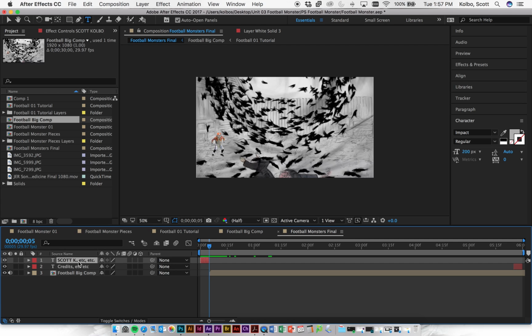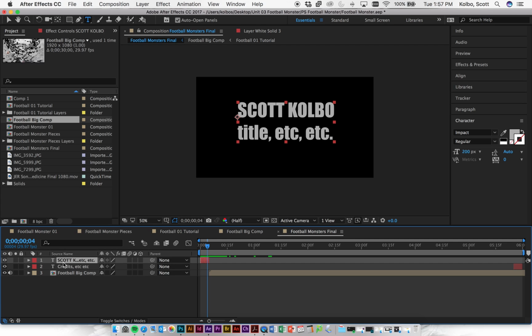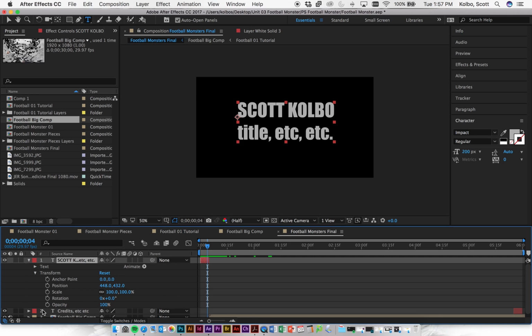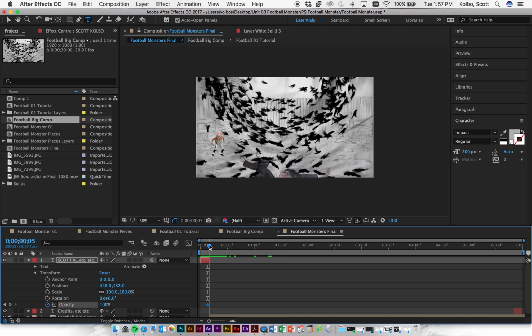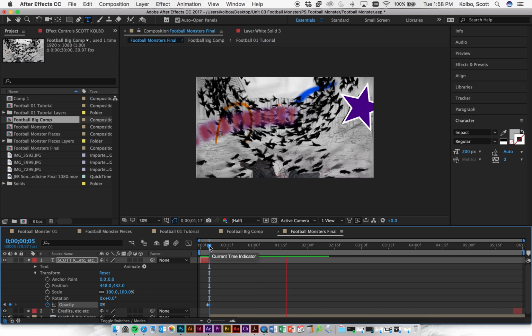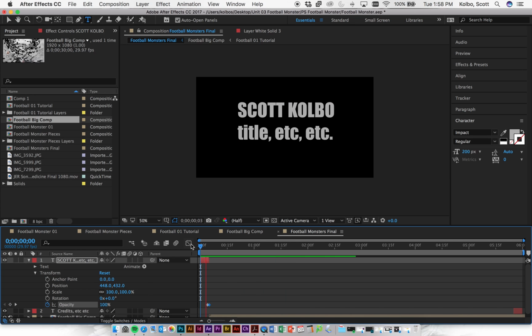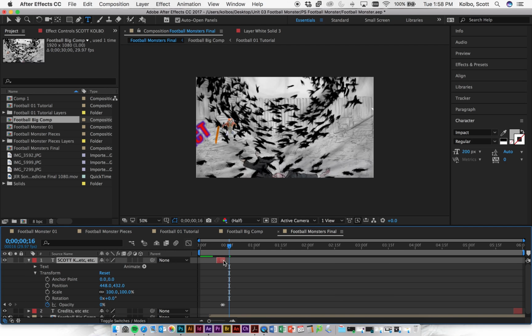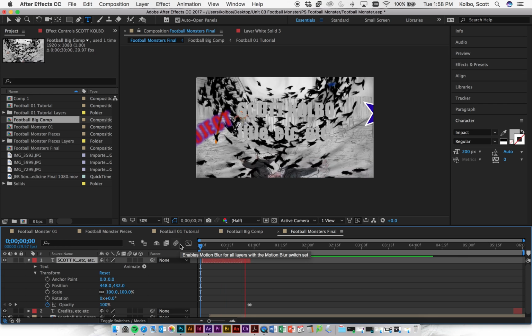If you click on your layer and go into Transform, go to Opacity. We could keyframe our opacity here, right? So it could go from 100% and then fade out by the time we get to here, to 0. So that means our text, oops, let's see, too far. That's too fast. So let me drag this out. So yeah, it can begin, and then